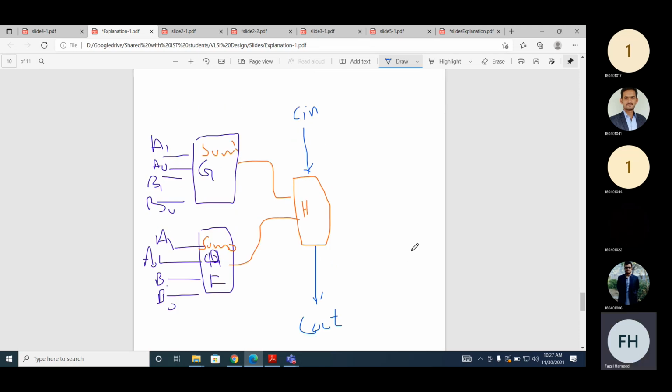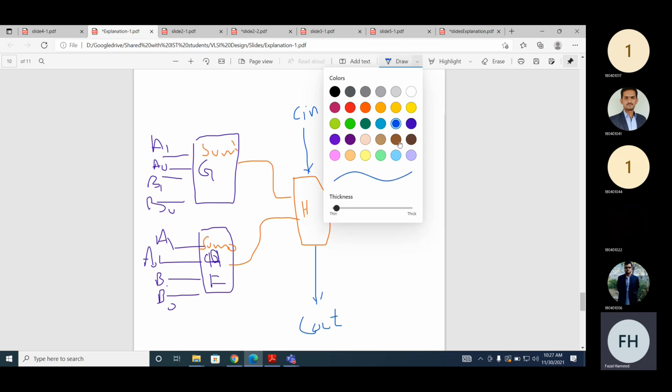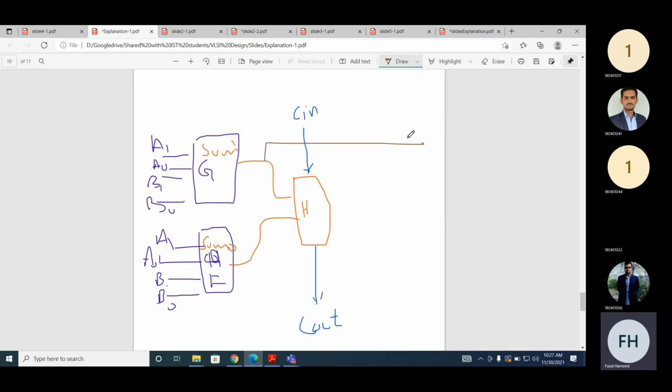And this sum will go directly to the output sum 1, and then sum 0. If you look at the H function generator, how many inputs go to it? 3 inputs. One is sum 1, another is sum 0, another is Cin.